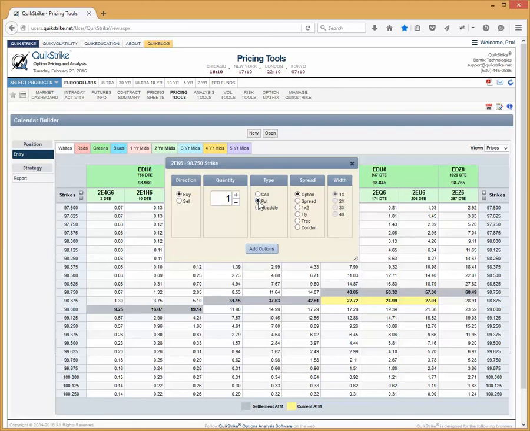So I have put set. It says what kind of spread am I using? I'm just doing a single option, and then this thing is unclickable here because I'm on a single option. However, if I wanted to quickly build a put spread, I can click on that spread radio button, and these